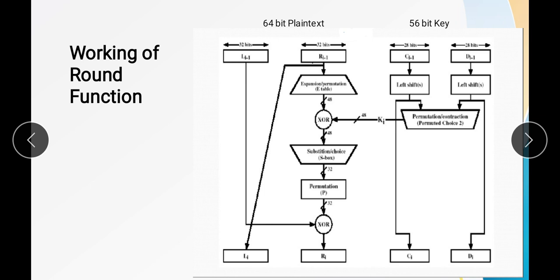We have 56 bits as input, meaning left one and right one are each 28 bits, so the total is 56. So the 56-bit input produces a 48-bit output. We are reducing the size, and for this operation we need a predefined transposition table. After that we get a key of 48 bits.